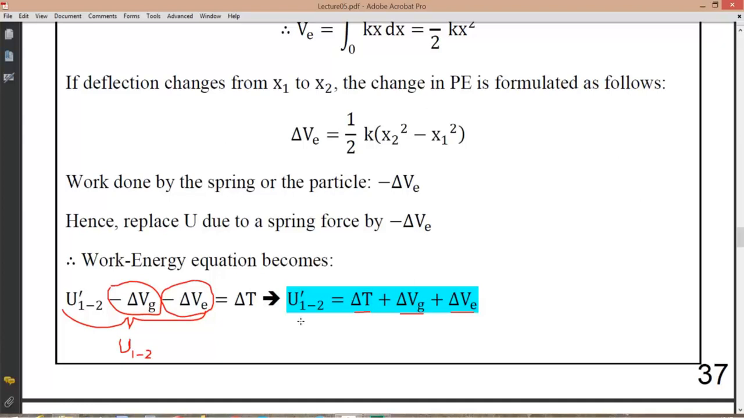Now we just moved some of the external forces away from this definition, and these external forces that we moved away from this definition are the gravitational forces and elastic forces. The work done by all the other forces is listed underneath this U prime 1 to 2. As a matter of fact, in order to understand this concept completely, we need to take a look at the concept of